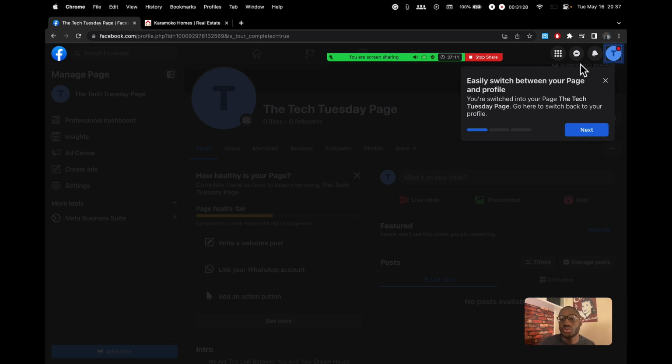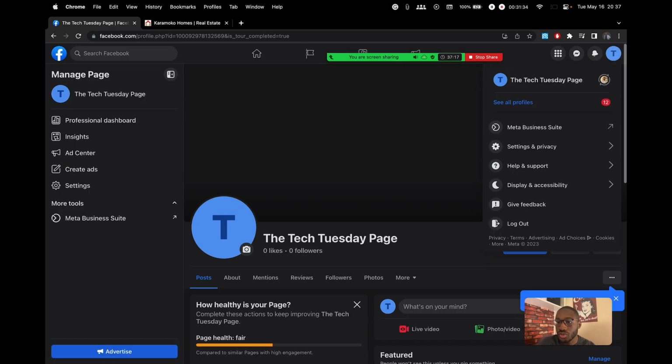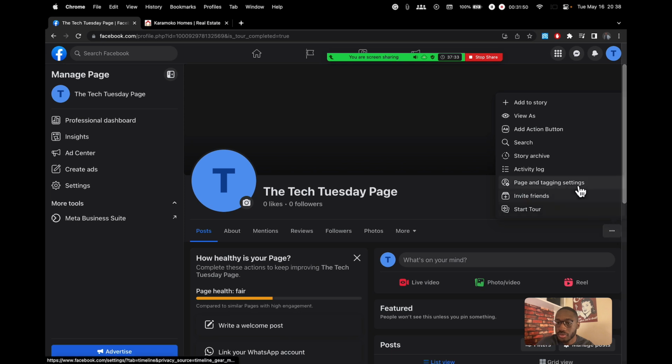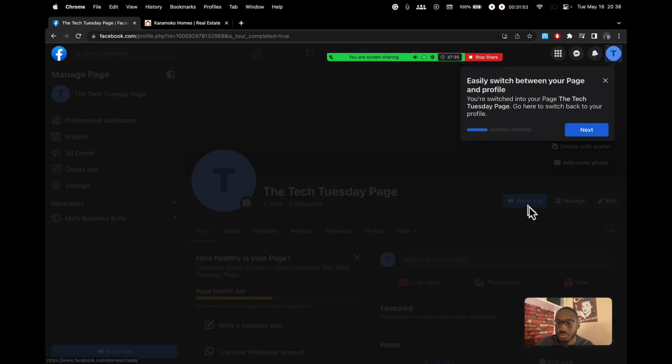The way you switch back and forth is by clicking on the logo at the top right. When you click on it, you're able to switch back to your other accounts. Right now I'm on the Tech Tuesday page. If I was to click on switch to caramel cocaine, I am able to switch back to my old profile. Okay, and then next up, let's take the tour again.